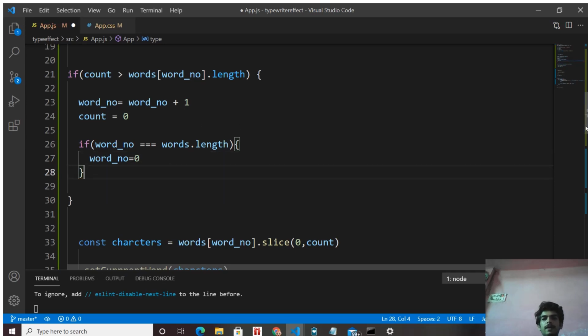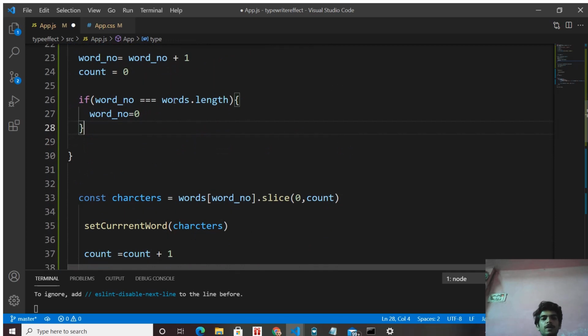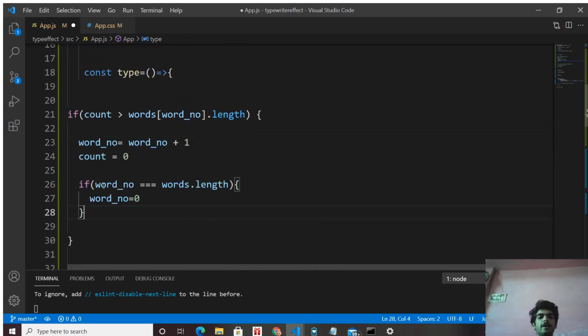See, our array has 2 elements, so words dot length is giving 2. When our word number becomes 2, it is pointing to the third word of our words array, but we don't have any third word. That's why we want our word number to go back to 0, to the first word of our words. This is how we loop.